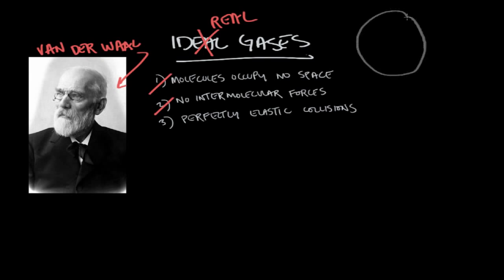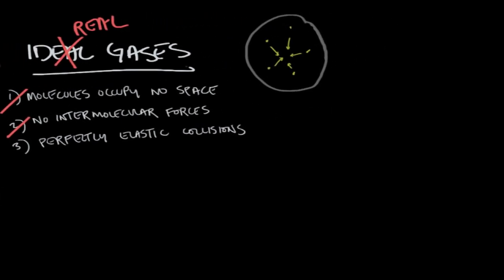So let's draw a system and fill it with some particles. What do you think is happening if all of the particles in this container are slightly attracted to each other? Well, in a small way, that gas is going to be imploding or caving in on itself, because all of these particles are a little bit attracted to each other. And what do you think this is affecting? It's going to affect the pressure, because now the gas isn't pushing out on the sides of the container as much as we thought it was. So for a real gas pressure, we need to correct for the intermolecular forces.